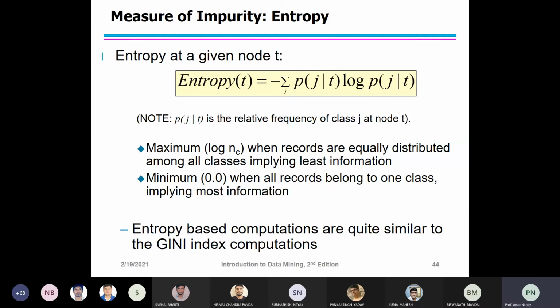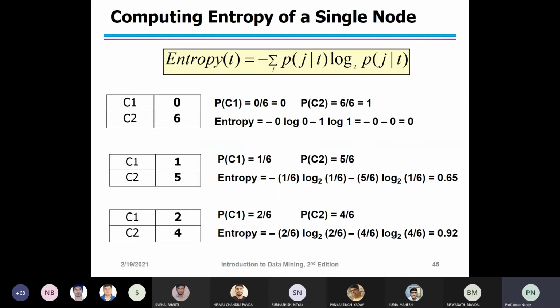Same formula: entropy is minus the sum of P(j|t) log P(j|t), where P(j|t) is the relative frequency of class j at node t. It is maximum when records are equally distributed among all classes, implying the least information, and minimum when all records belong to one class. Entropy-based computations are quite similar to the Gini index computation.